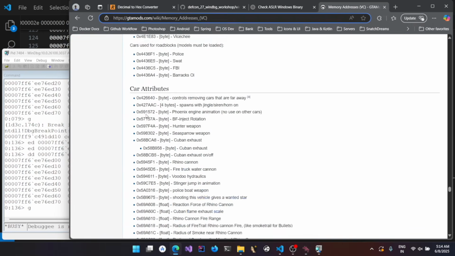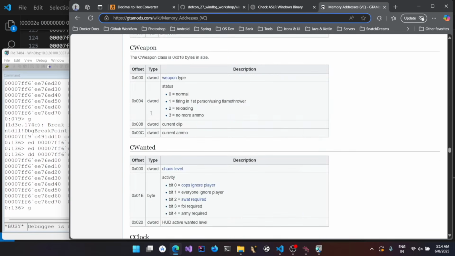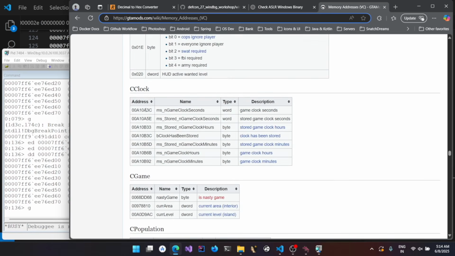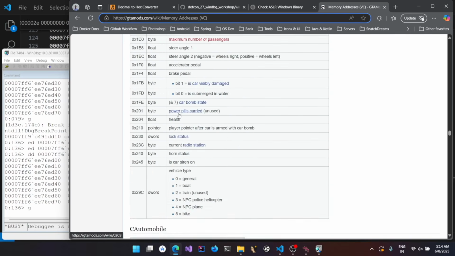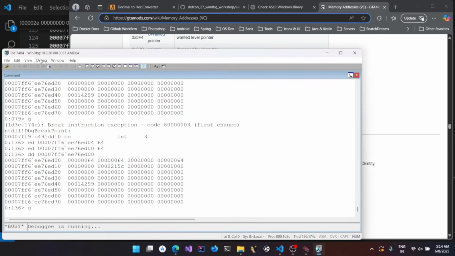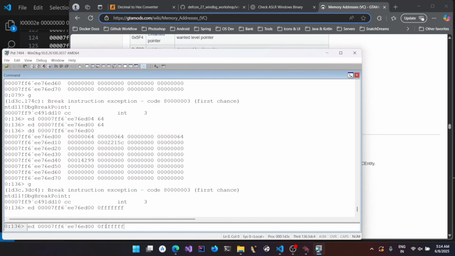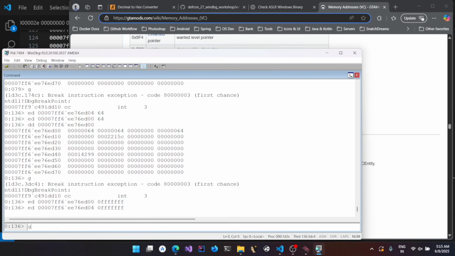For example, I think this wiki gives a lot of information about various structures. For example, the game clock, you could see it's a word. Word is actually 2 bytes. This could give you some basic information about what you could do with the game. And you could just break, and let's do this once more. I will set the value this time to 0fff, and the same over here,